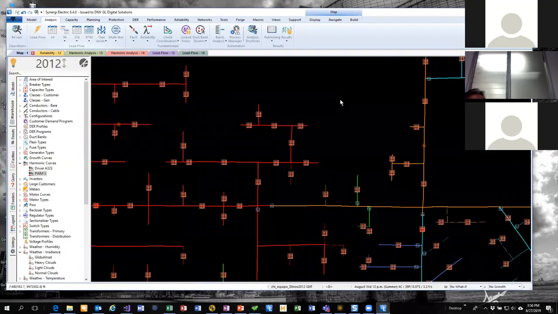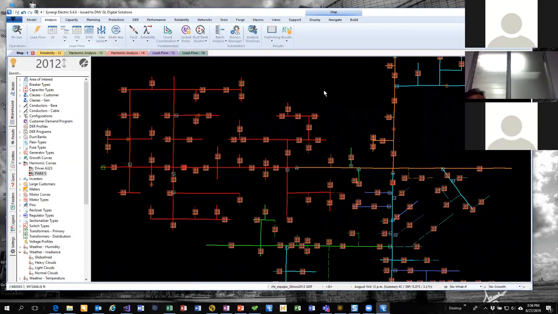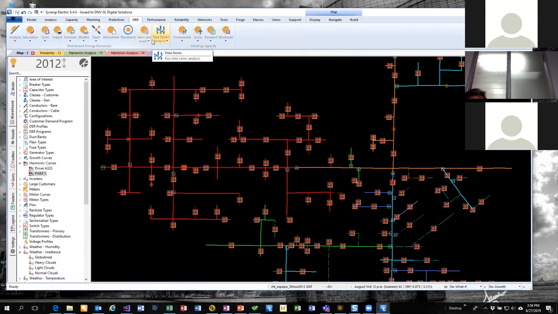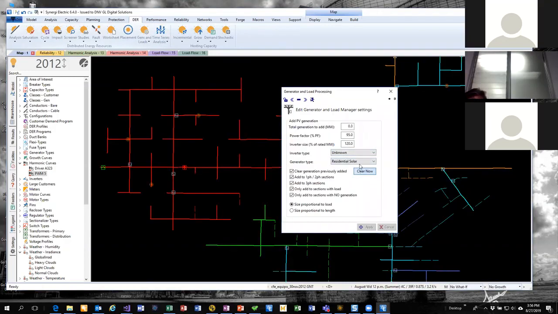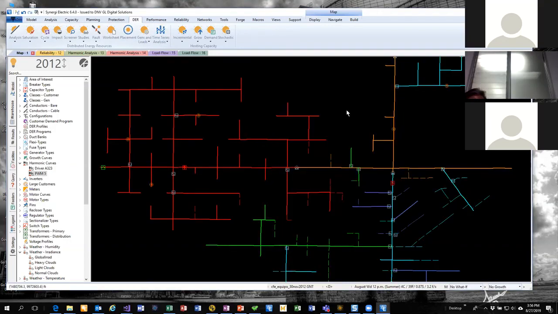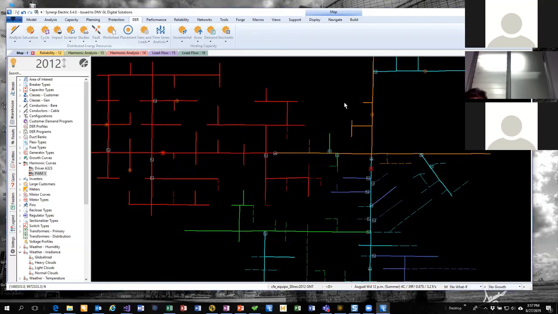So with gens and loads, you can put a bunch on your model, and when you're finished, if you were to save this model, these do not get saved. And then when you're finished, you go back into gens and loads, and you just say to clear it, and it takes it all back off. So it's just a way to try things out, say, well, what if I had a bunch of rooftop? There are other approaches, but